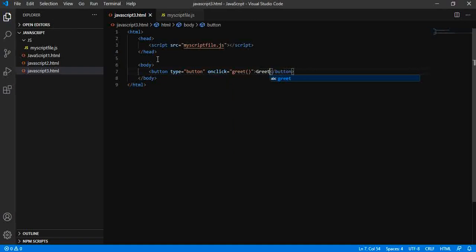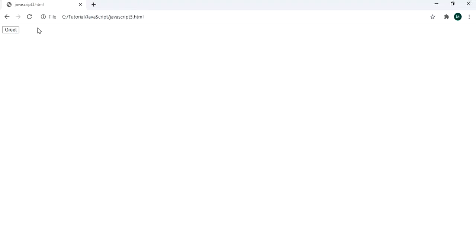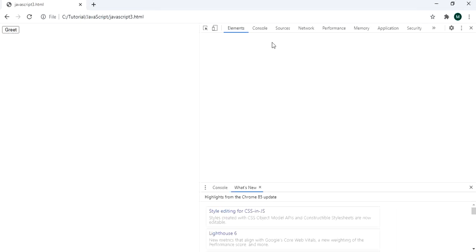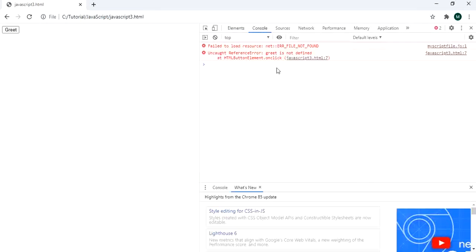Let us open this particular file in browser. So when we are clicking on greet, it should alert. Let us see why it is not alerting.